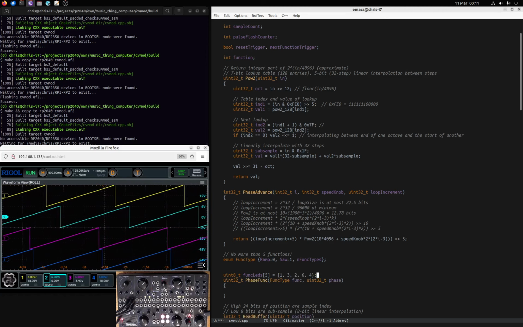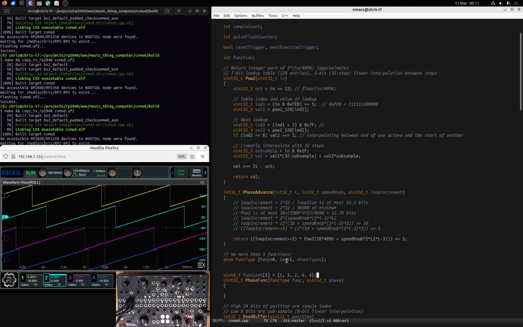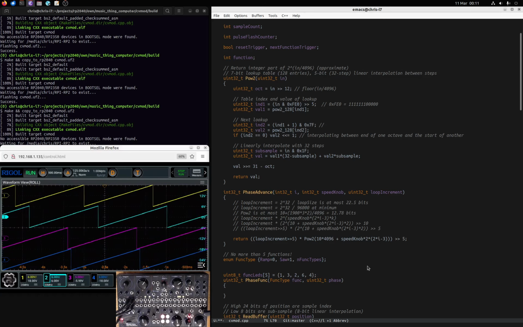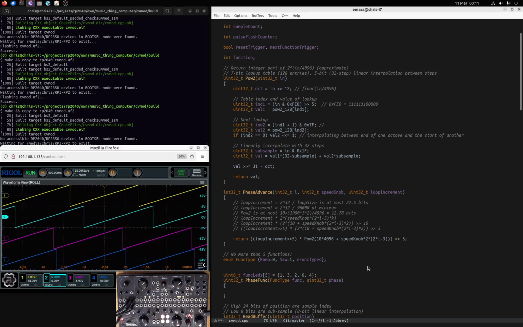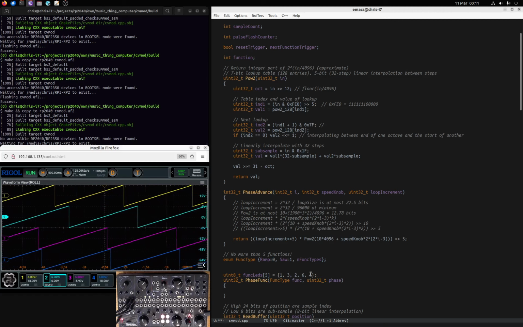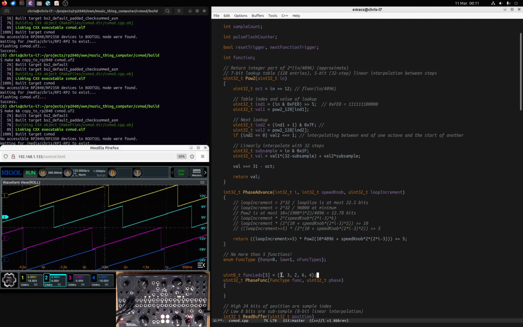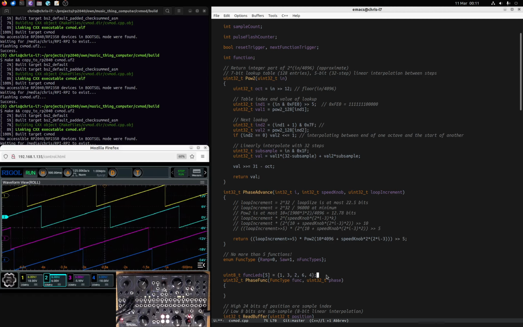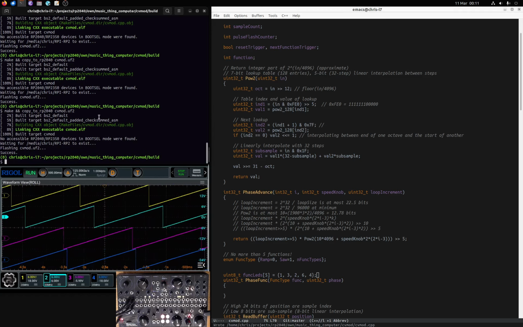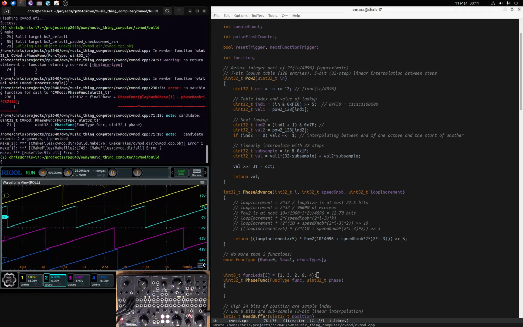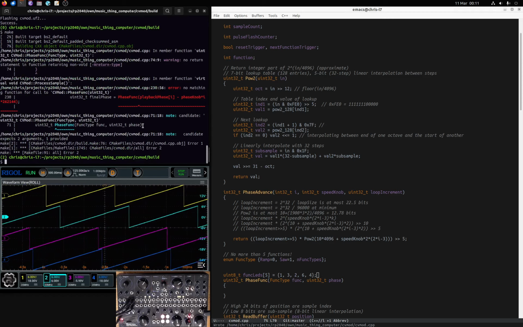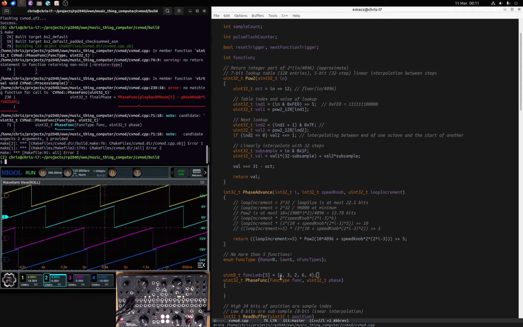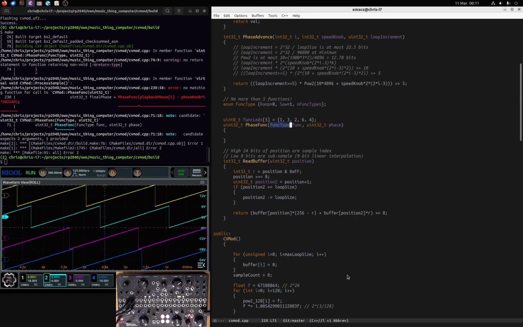So as we toggle through our ramp function, our saw function, and up to 3 more yet to be determined functions, we're going to display those LEDs. Let's just check what's going on here. No matching call for phase func. Okay, that's because we've added a parameter here, but we haven't